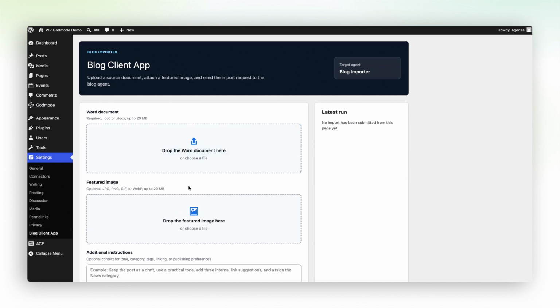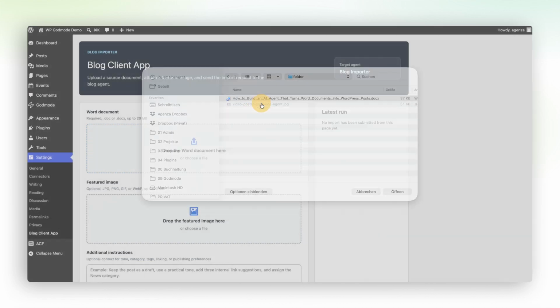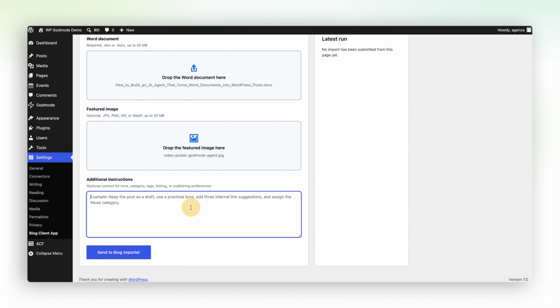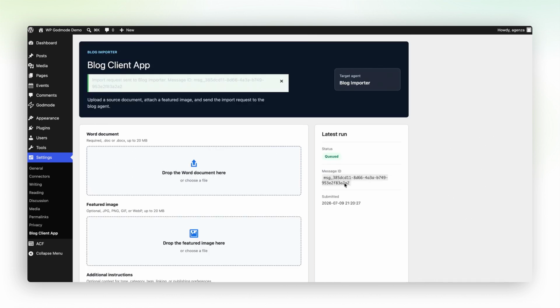agent in the background. We are now ready to test it, so I'll upload my Word document, the featured image, and I'll give further instructions, for example, to improve the SEO for my blog article. Now I'm going to hit the send button, and we can now see that the agent is running in the